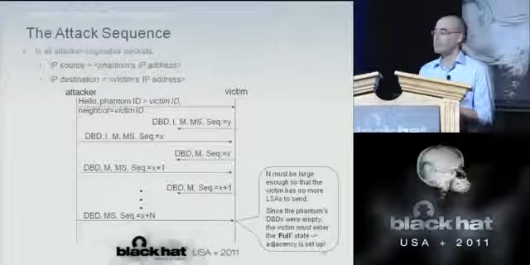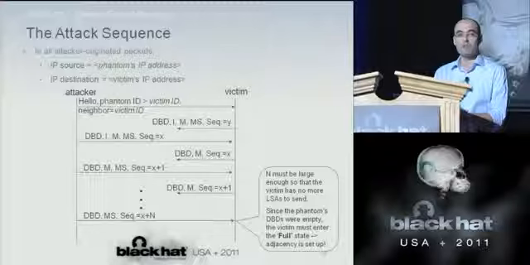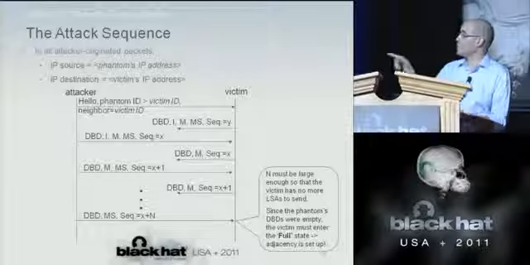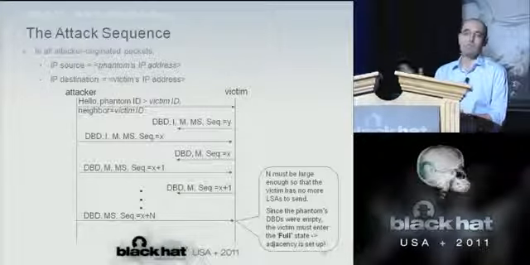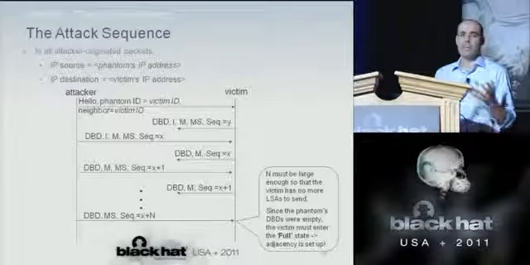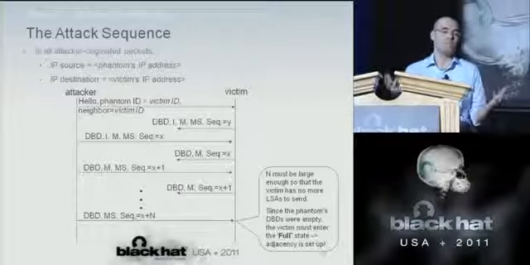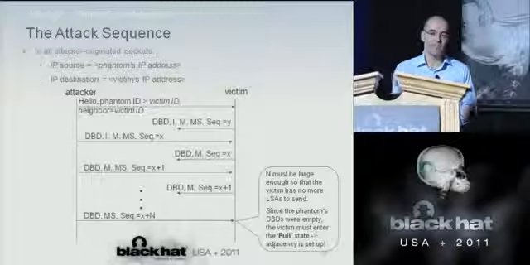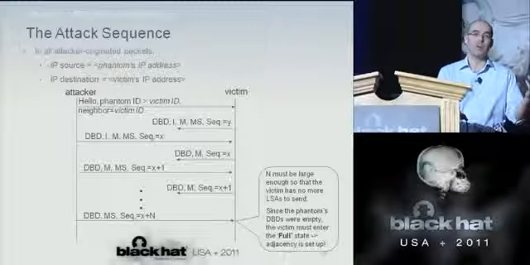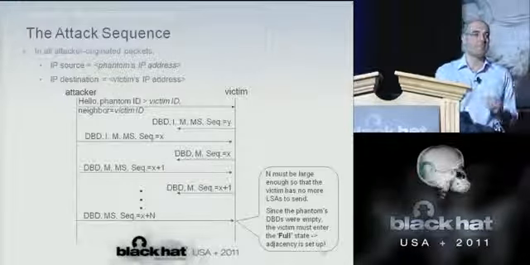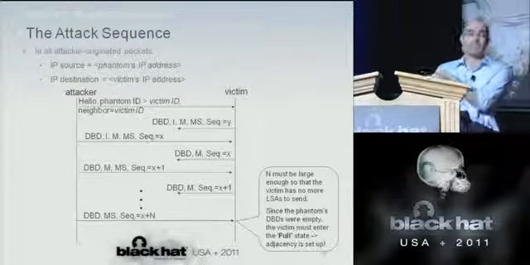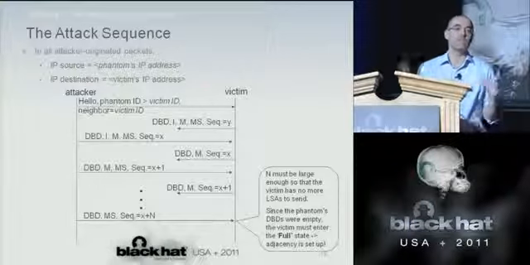For example, it is N. So he sends out the last database description packet. Notice that the M flag is down here. And now, once the victim gets this message, we assume that he already sent out all the LSA summaries he needed. So he sees that actually the phantom router now has an empty database of LSAs. OK, that doesn't bother him. The point here is that he doesn't now have to ask the phantom for any new LSA that he might want to receive. So this means that at this exact point, the victim will now enter the full state, meaning he has completed